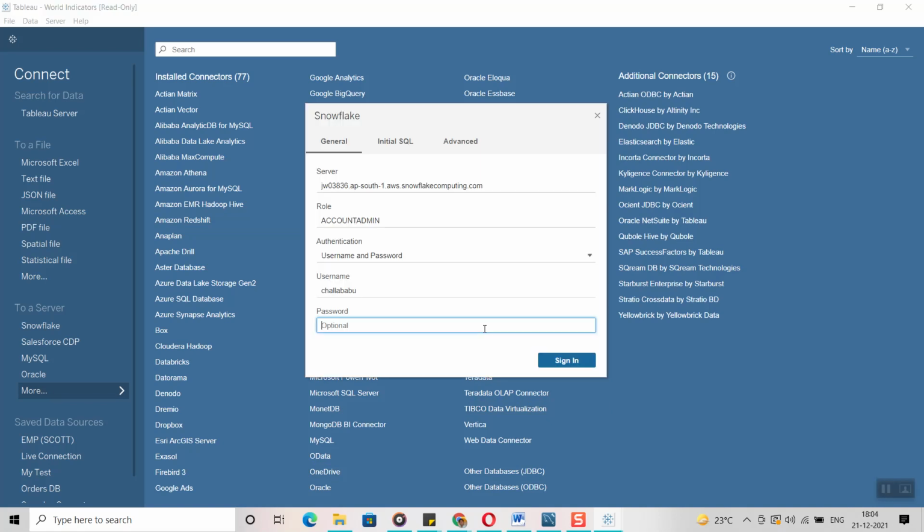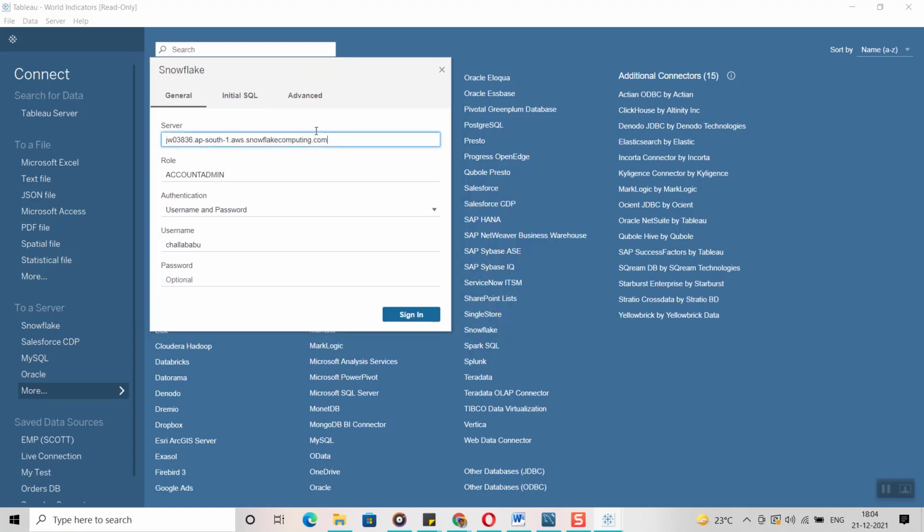Now once you click on Snowflake, you can see these options, which won't come initially. It is going to appear this way. Now here you have to provide all the options whatever is available. So you have to provide the server name. Guys, these are the server name and the role, which will be your role, either account administrator or reader or writer access. So different roles will be there in Snowflake, guys.